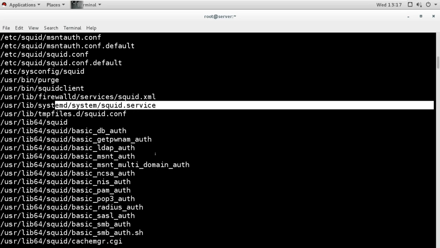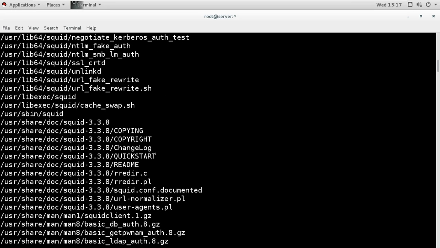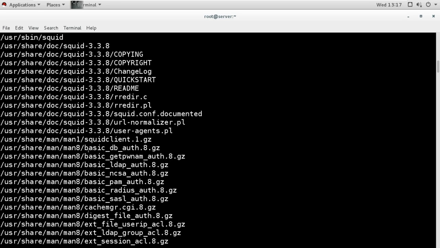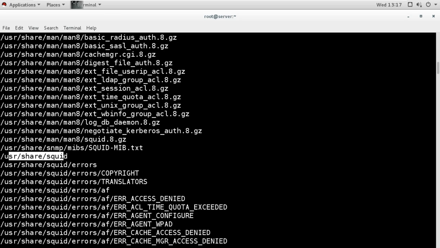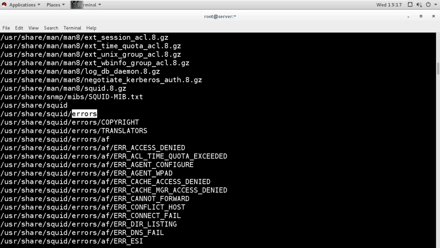Then we have these other library files here, and under the document directory we have some document pages and man pages. Then under usr share there is a directory squid, and under that we have the errors. In this error directory we have different errors. That means it also works like an application layer firewall.